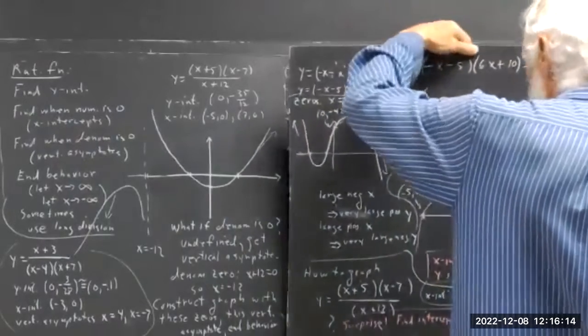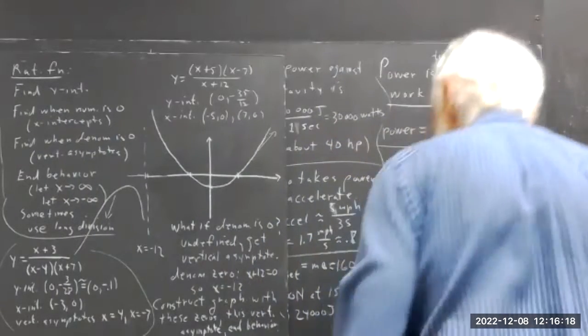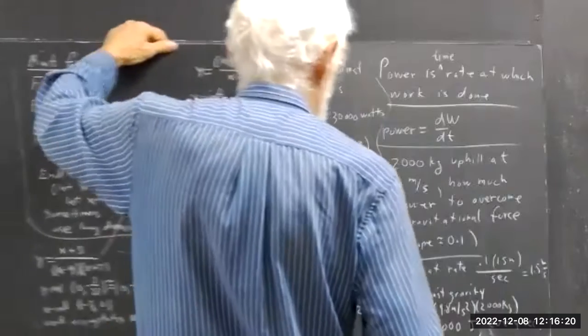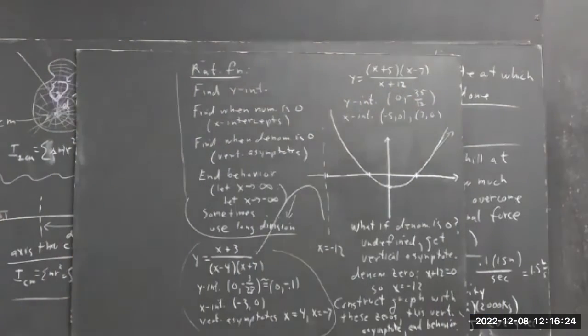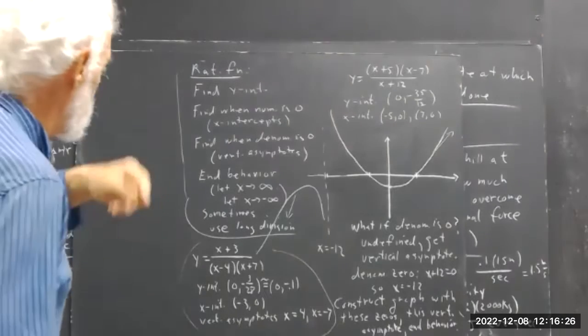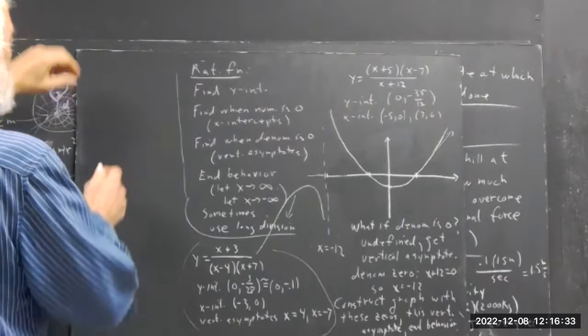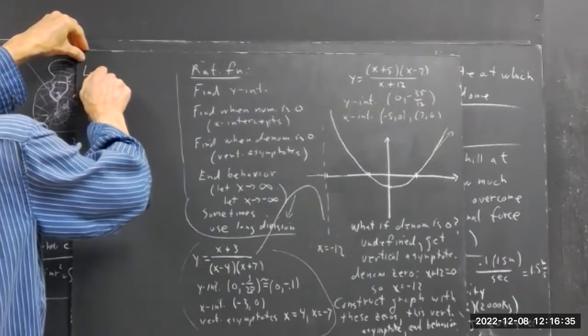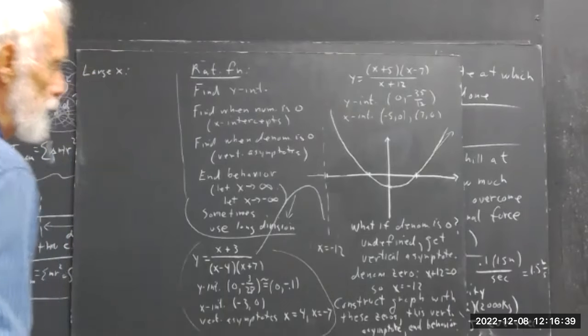Now, the long run behavior is always a little bit of a challenge. So you get the idea, and it's a hard idea for people to get. So let's think about long run, okay? First of all, for large x,